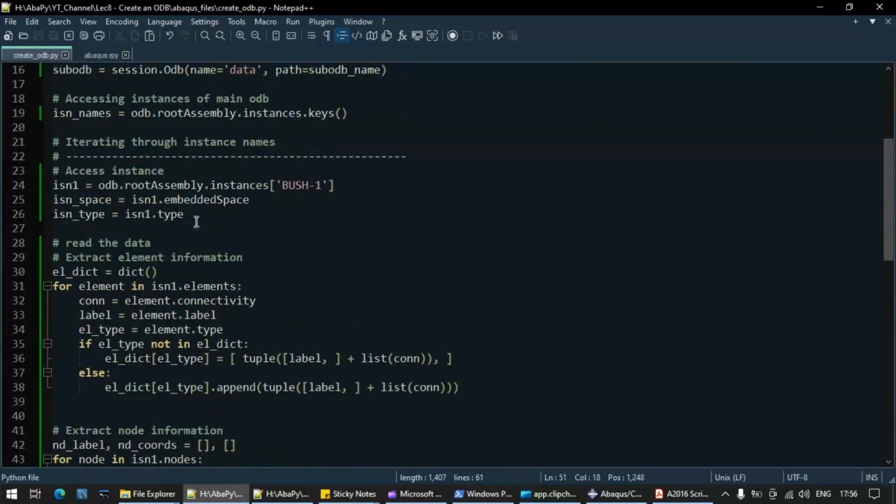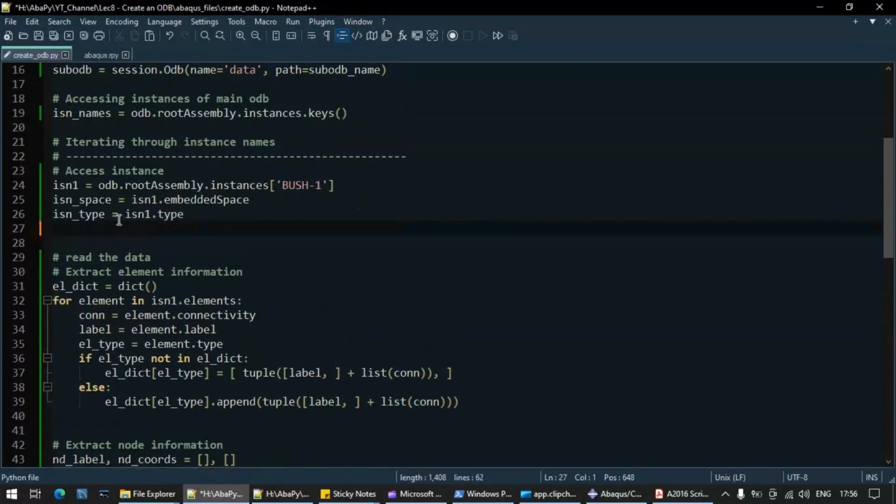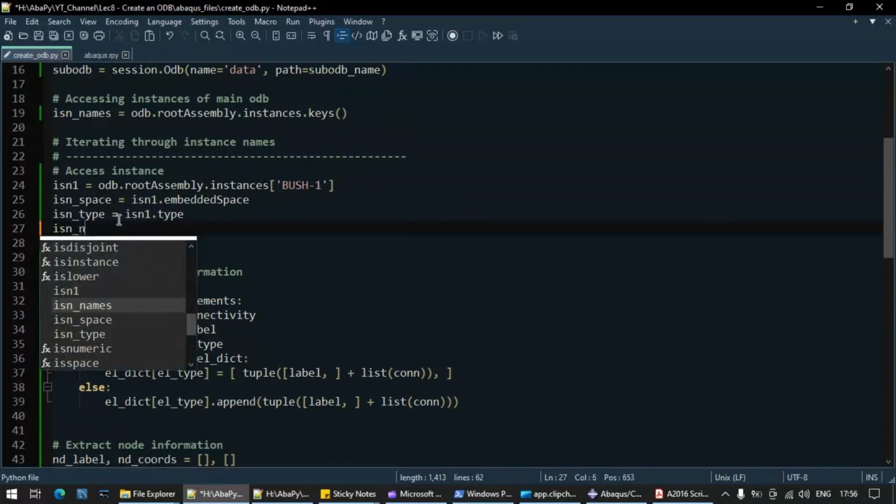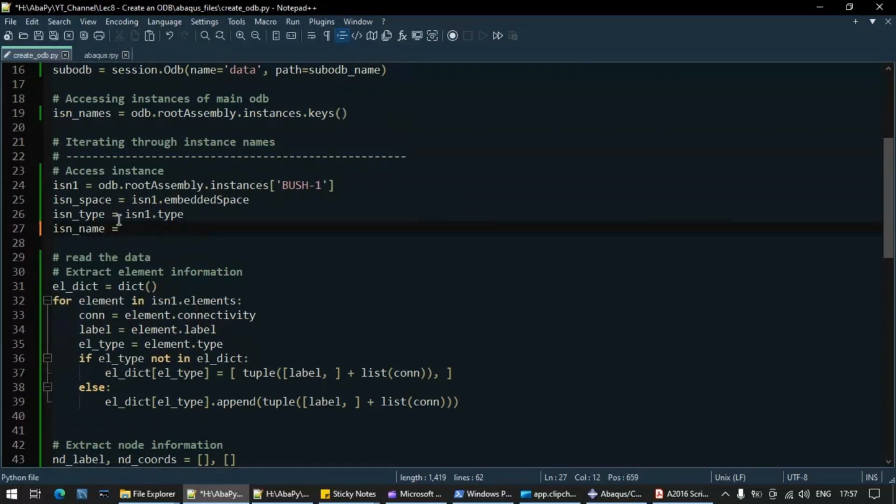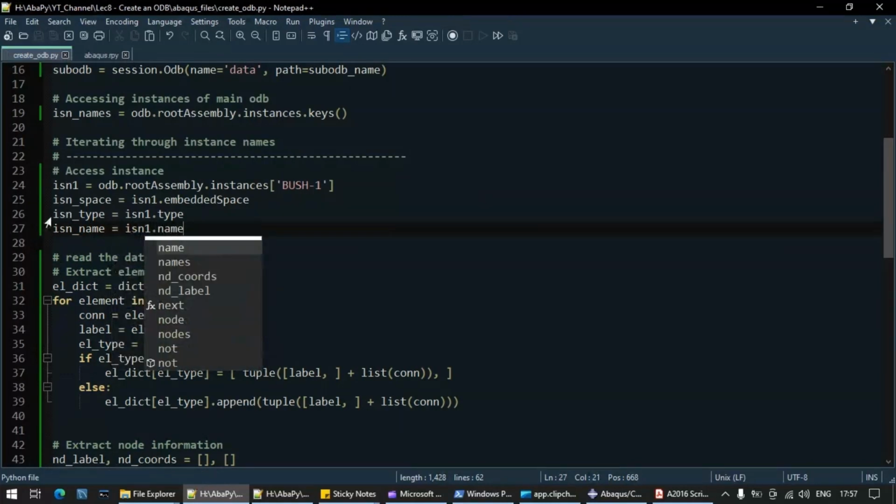So what is the name? The name also we can extract. Let's write ISN name, ISN1 dot name.